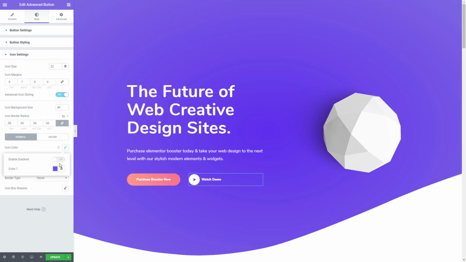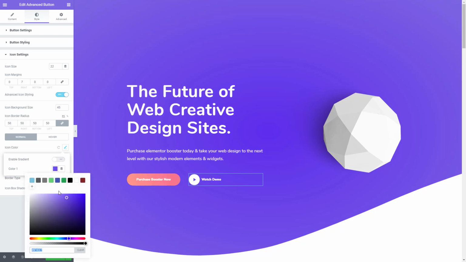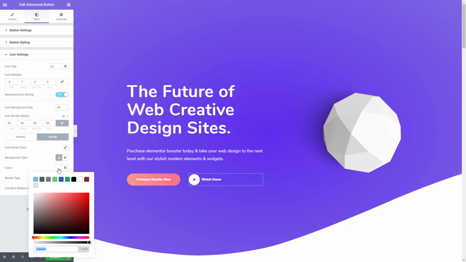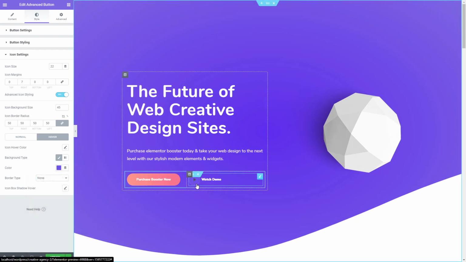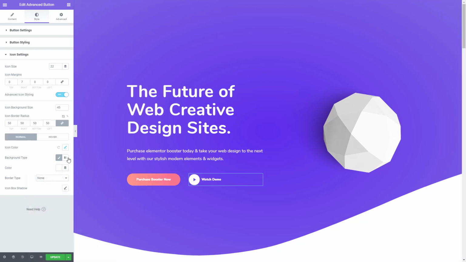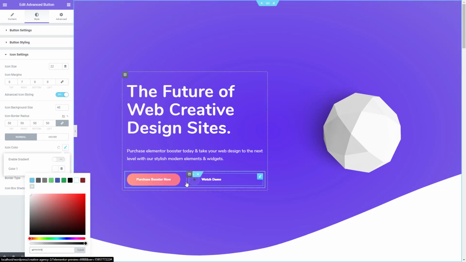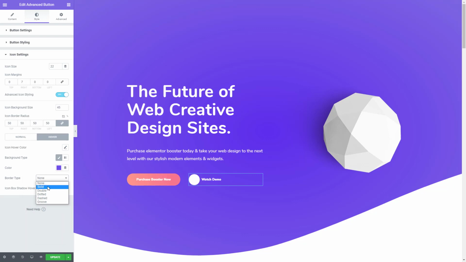And here I'll copy the icon color again, and I'll simply go to hover. We'll keep the same, actually we'll change the color here, like so. Let's not forget to change the icon color to white, and the last thing I'll do is I'll